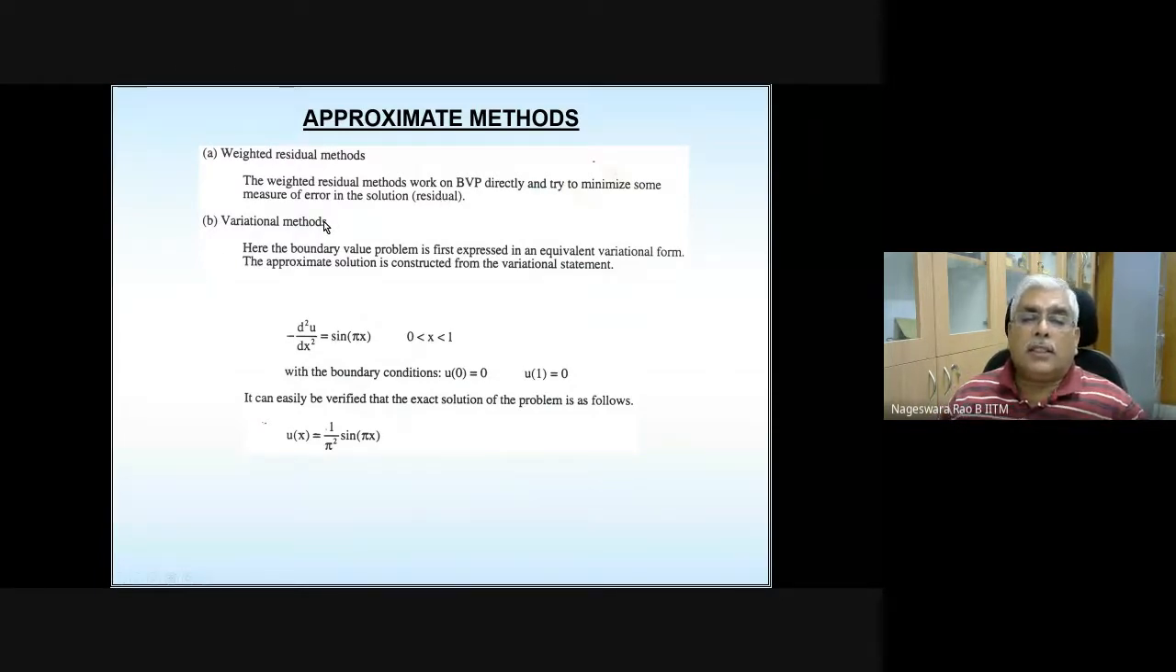Variational method. The boundary value problem is first expressed in an equivalent variational form, and approximate solution is constructed from the variational statement. So these are the two broad categories of approximate methods. It doesn't matter if once you solve a problem using any of these,